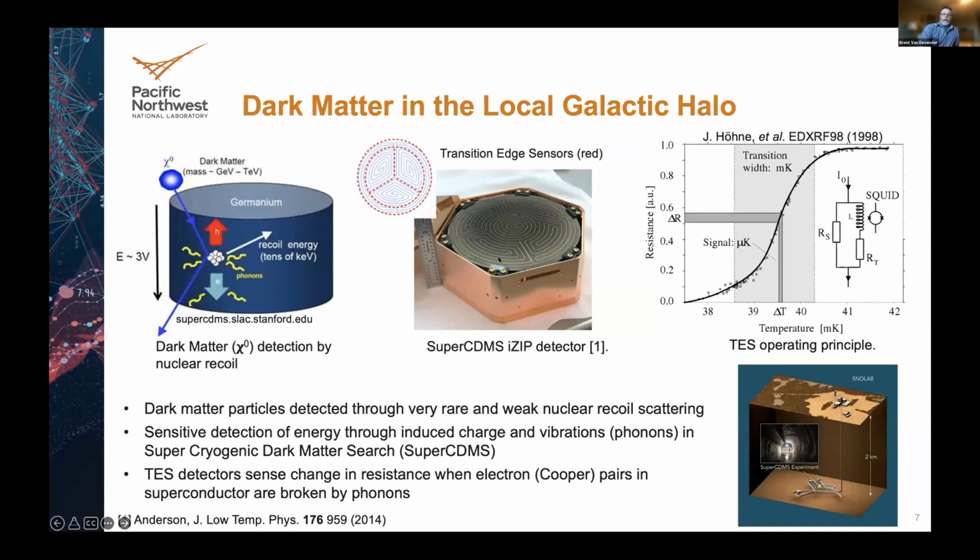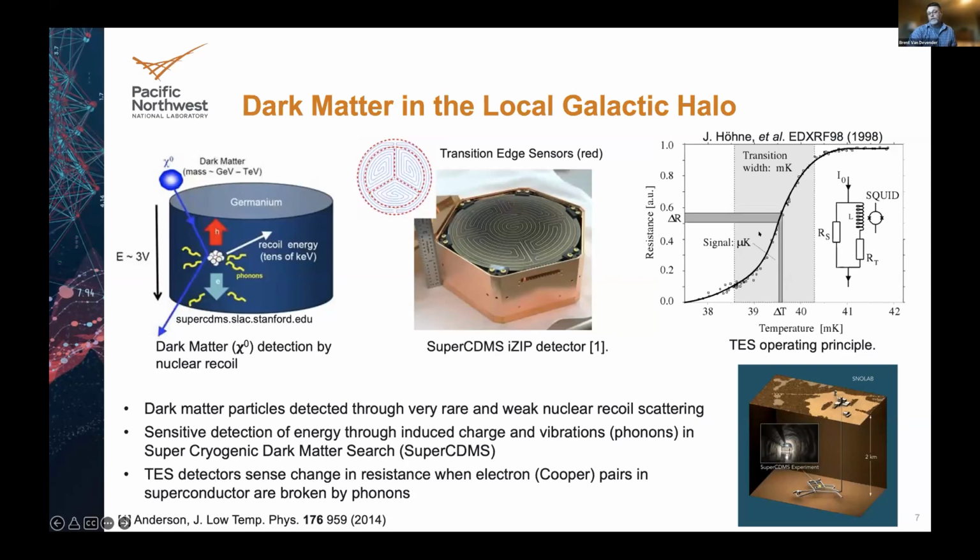That's very rare, but here in the middle is an example of a detector that some of my colleagues use in an experiment called the Super Cryogenic Dark Matter Search, SuperCDMS. It's a germanium detector. You could hold it in your hand. It's about this big, but there are many of these. And patterned on the surface of that germanium is a superconducting circuit, including, among other things, what we call transition edge sensors. This is a kind of quantum sensor that can sense very, very weak signals.